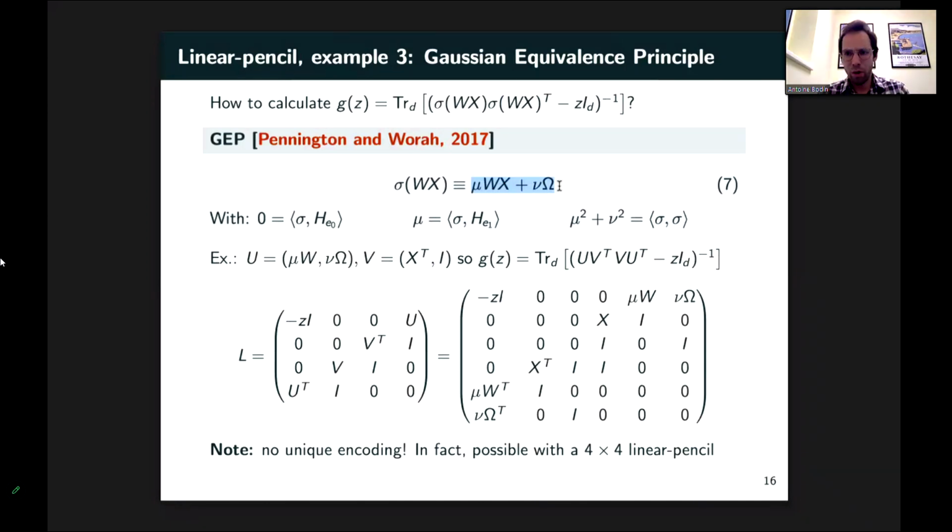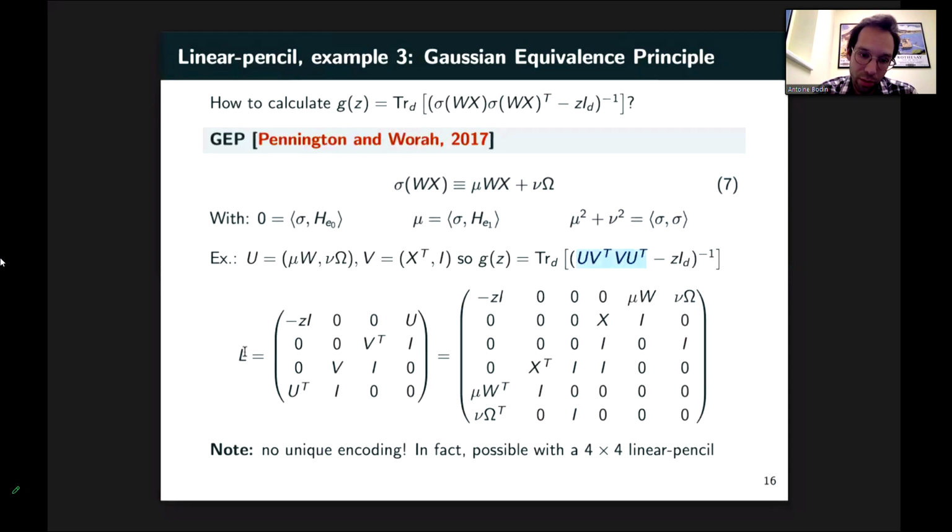So there are different ways of doing it. I won't do it on the slides because it's going to be horrible, but just the linearization method, how it can be run. One way is to actually define some sort of block matrices. So here you could define mu of W and mu of omega, and here you could define X transpose identity. And in fact, J of z is just the product of those matrices that we've just defined.